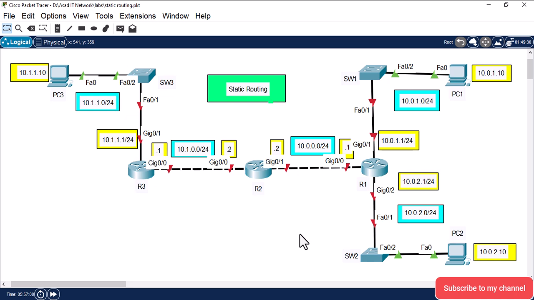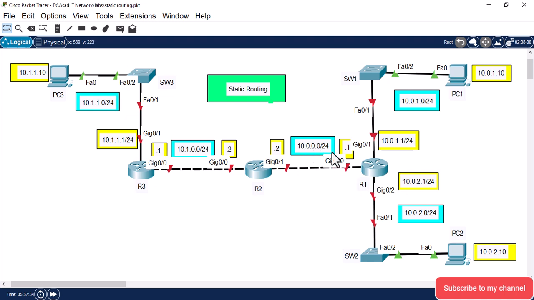So let's come to the point, and let me tell you that these are the 5 networks. 10.0.1.0 is the network on this interface of this router. On this side we are going to implement this network. On this side of the network we are going to implement this network address 10.0.2.0, and in the yellow we have the IP addresses for the ports. For this PC I have this IP address, for this port I have this IP address 10.0.2.1,